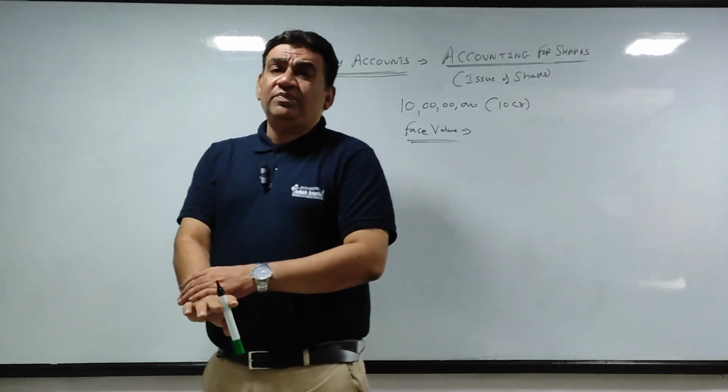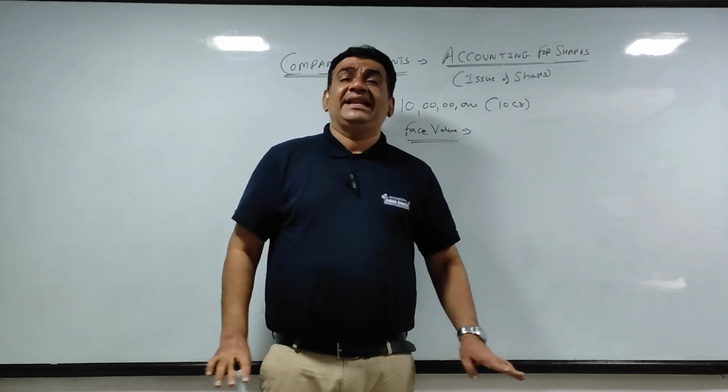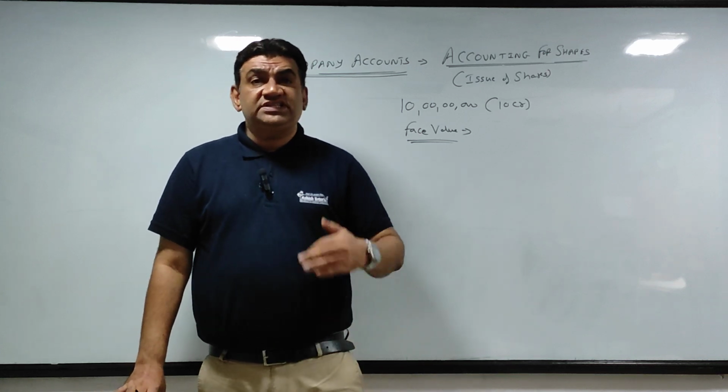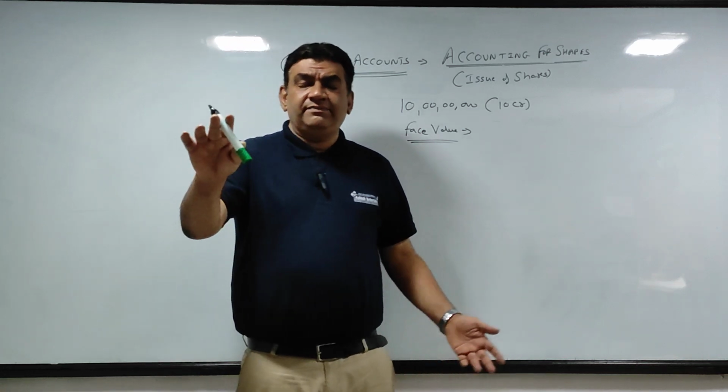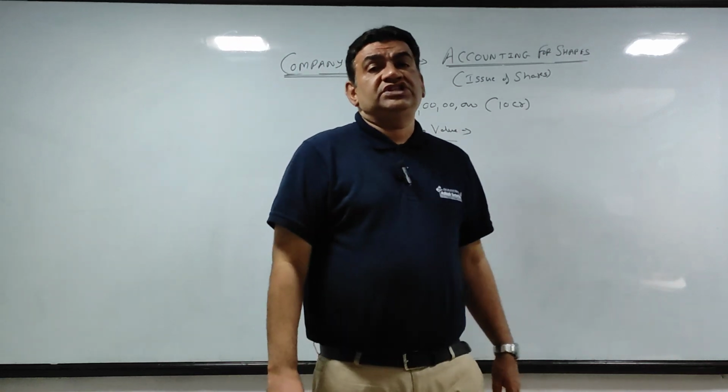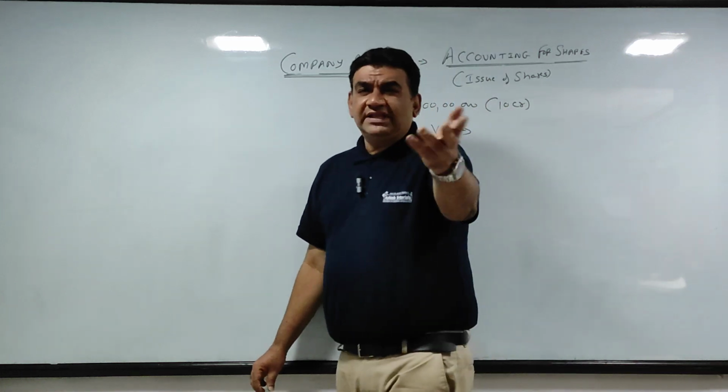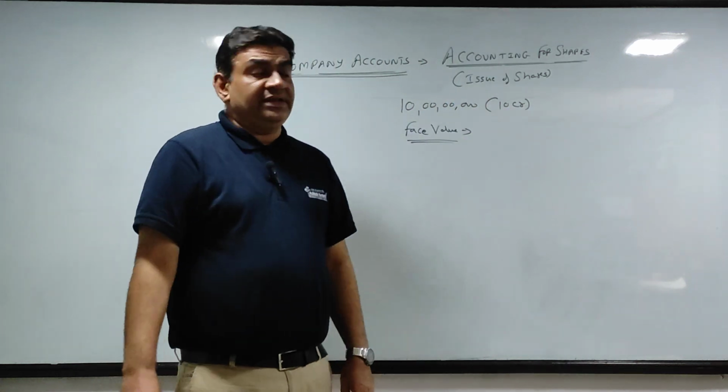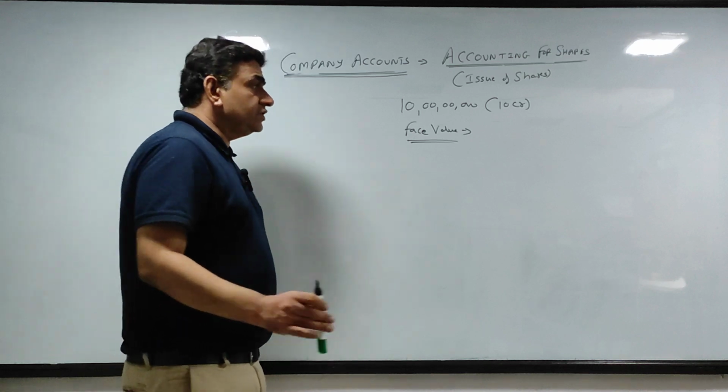Face value can be 1 rupee, 10 rupee, 100 rupee, 20 rupee, anything. The company has to decide when it makes its memorandum of association and articles of association. All that you have studied in OCM and SP. Okay. Now say for example, I am assuming